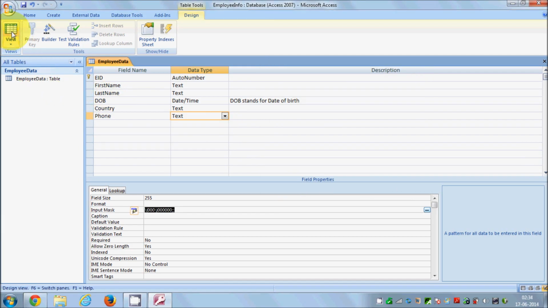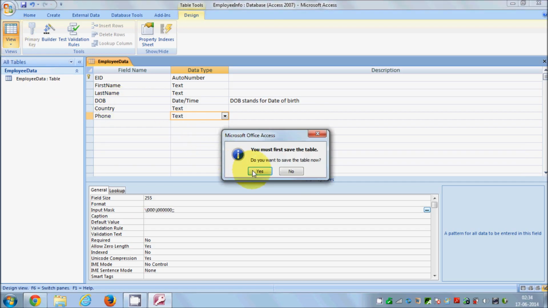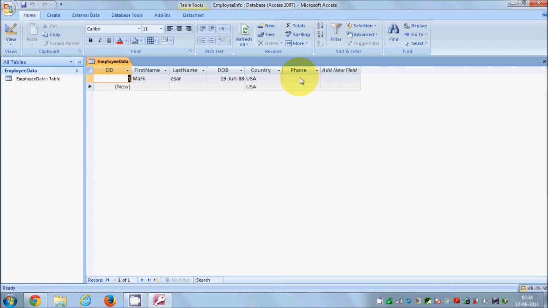Now whenever you go to view, you just need to save it, and you can see here you can enter the number in the format you have provided, some number. Okay, now for example, your employee comes from different countries, and you know the list of the countries